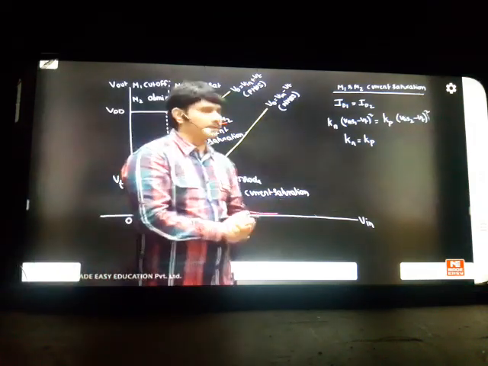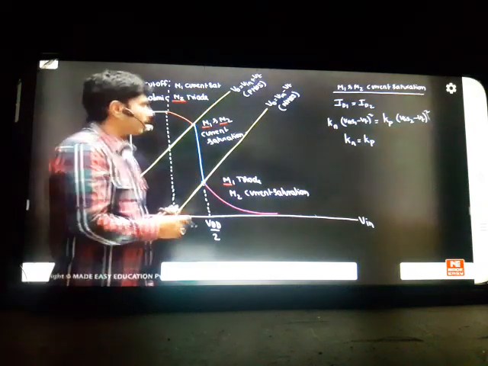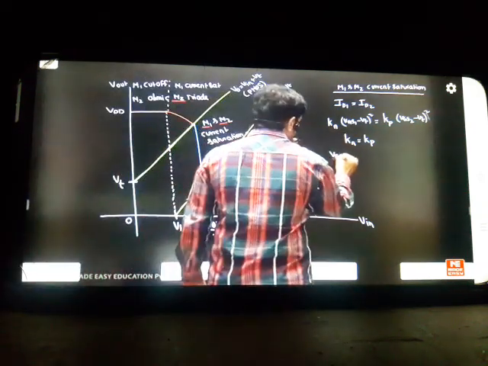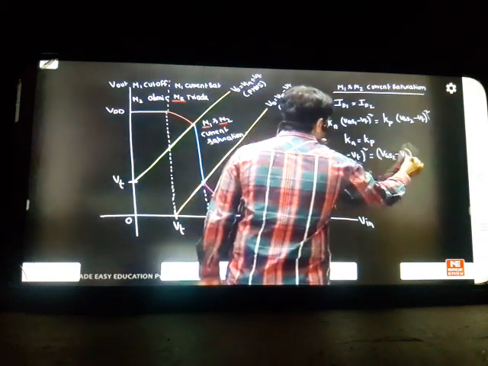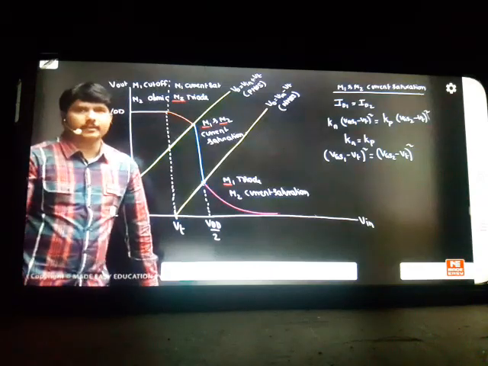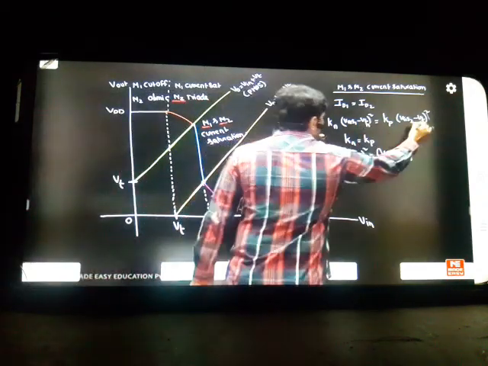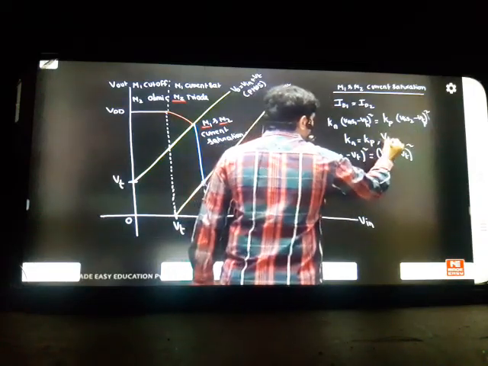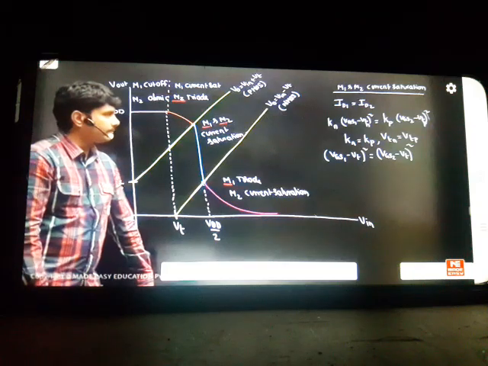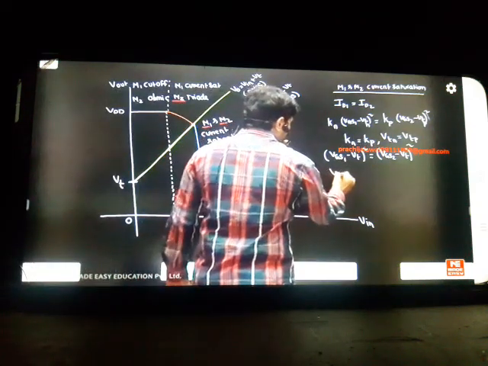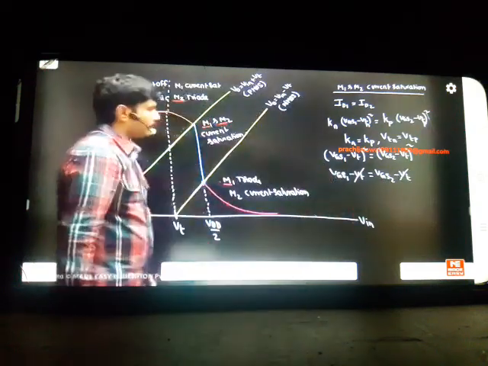Here the main job you have to do is to make Kn and Kp equal. If you balance both transistors' Kn and Kp with the W/L ratios and the mobility of electrons and holes, then automatically you will get the equation like this. If Kn and Kp are same, you will get the equation like this. Not only this, Vtn we will make equal to Vtp. The threshold voltage of NMOS I will make equal to the threshold voltage of PMOS. Then if the squares cancel, you will get VGS1 minus VT is equal to VGS2 minus VT. VT, if I take equal, that will be cancelled.